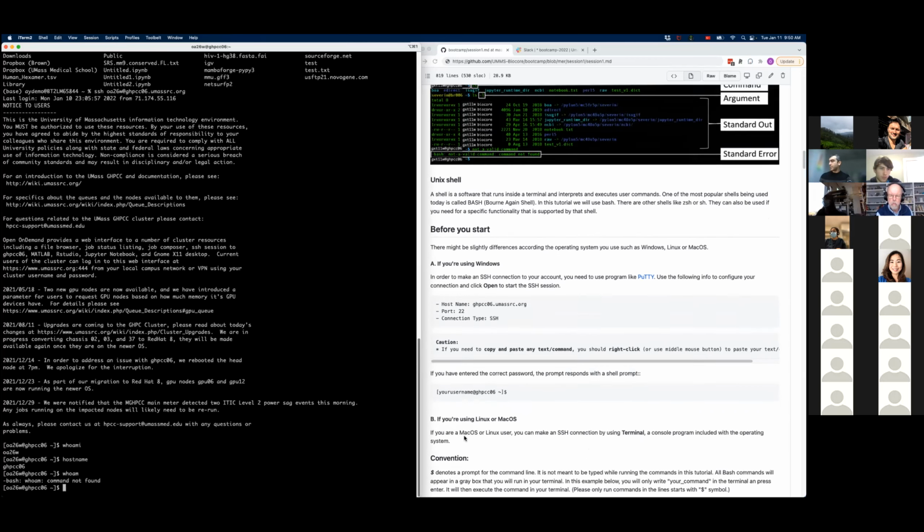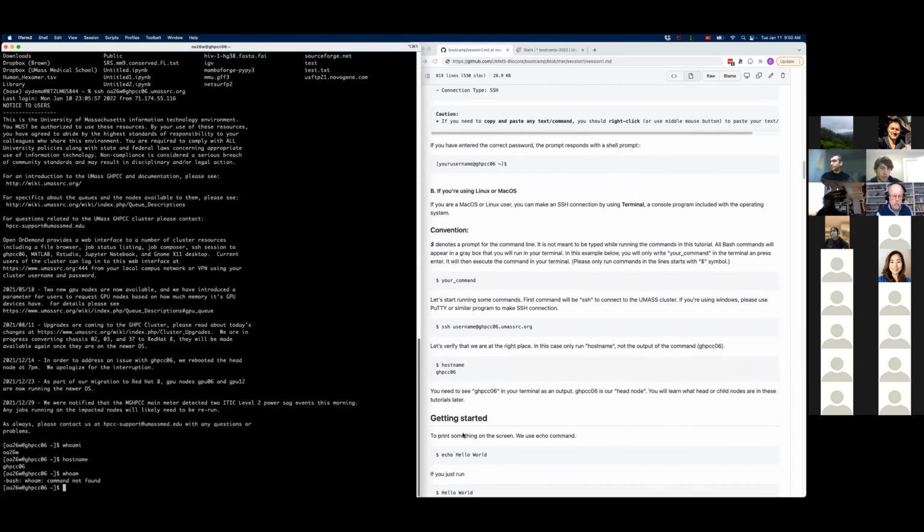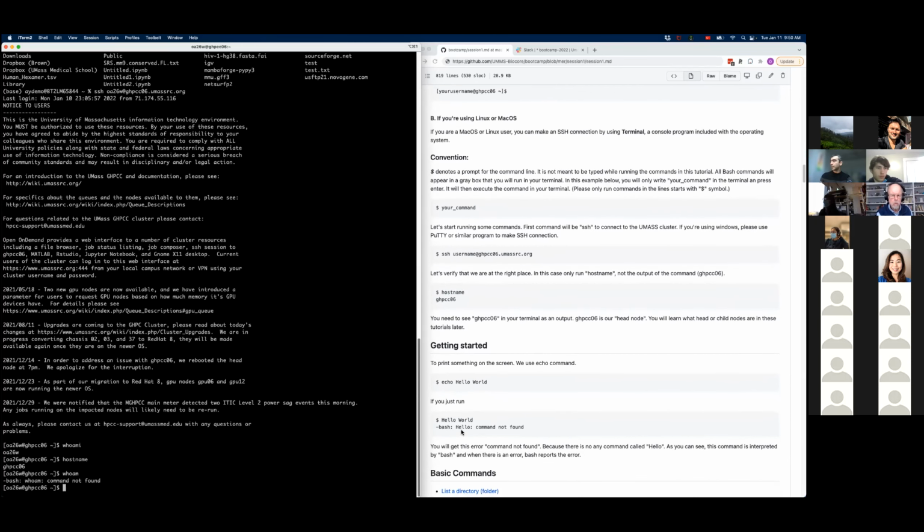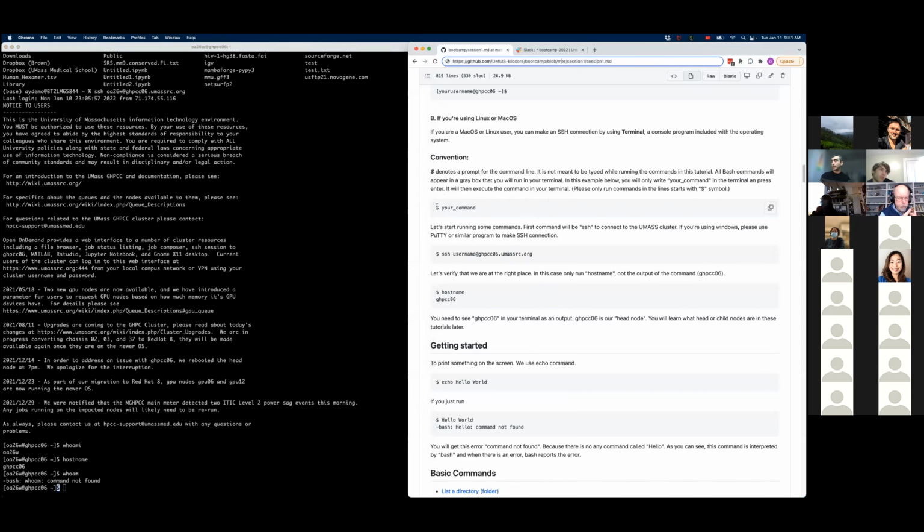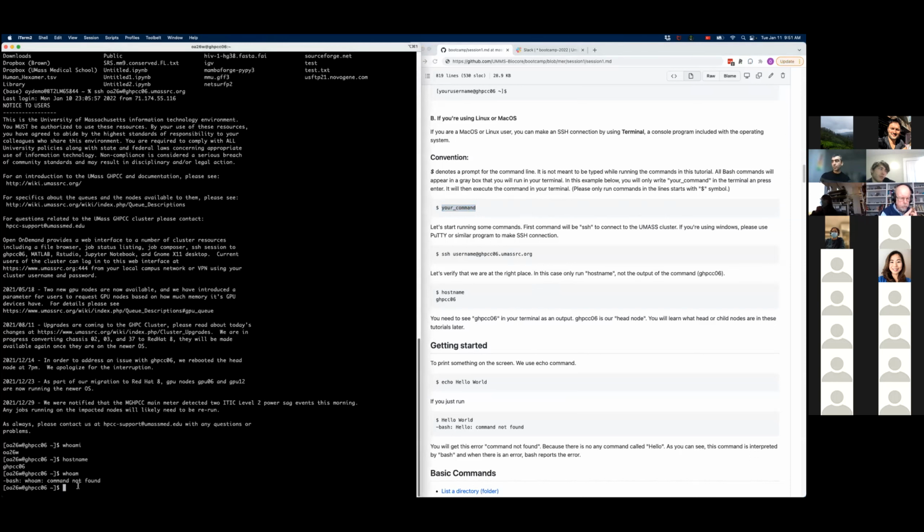Okay, I'm assuming that everybody has connected to the cluster. We talked about the prompt already. On the cluster, we are going to have a dollar prompt. On this page, everything in these gray boxes represents the terminal. If a text has a prompt in front of it, it means this is what we are supposed to type next to the prompt.